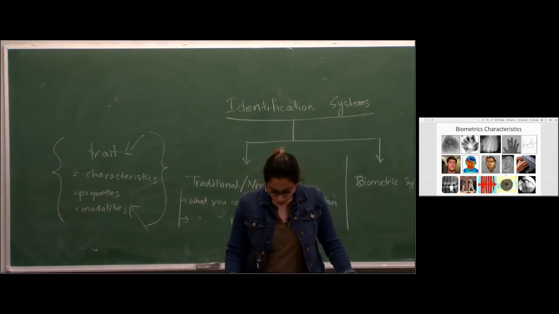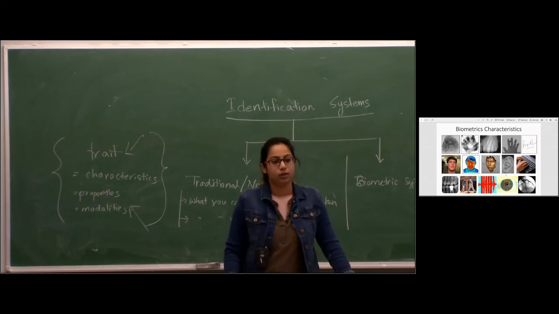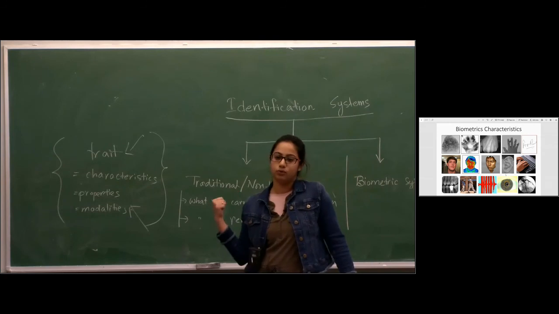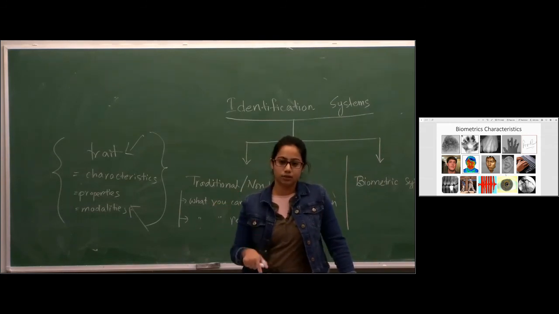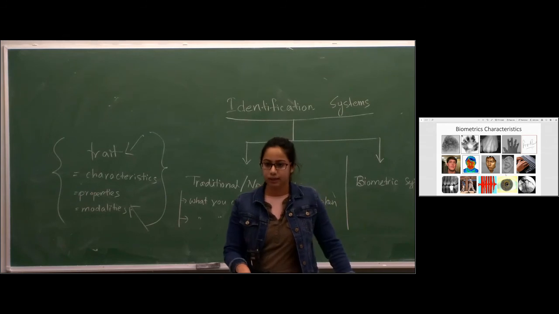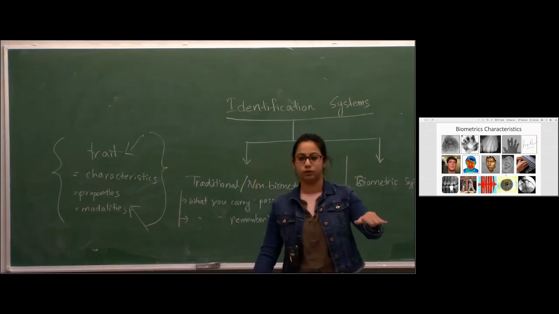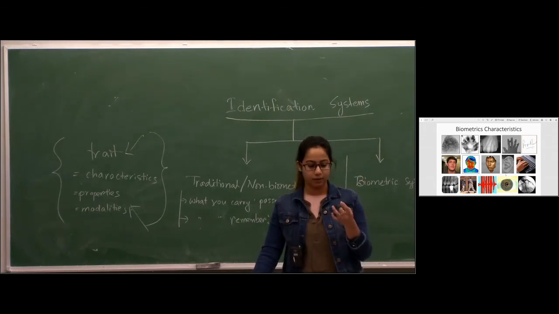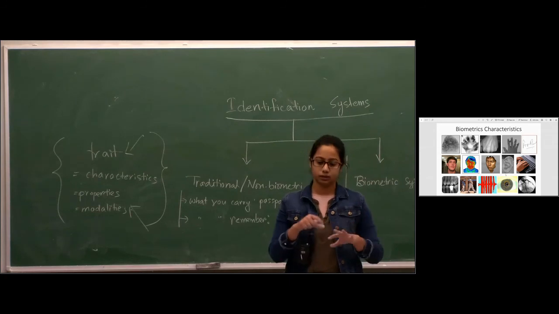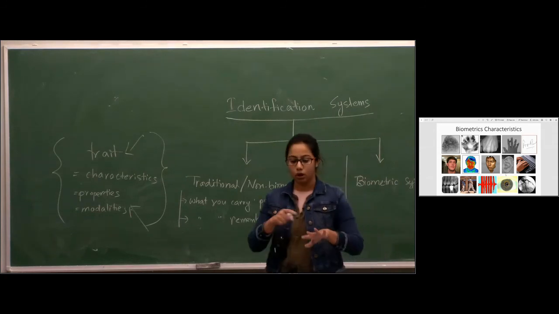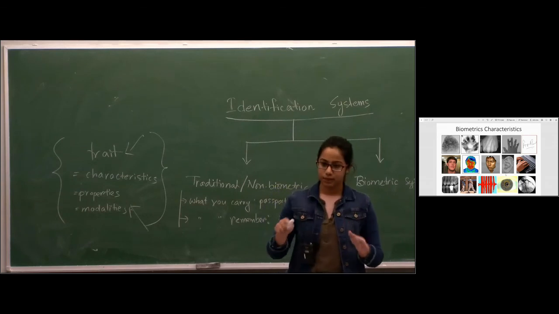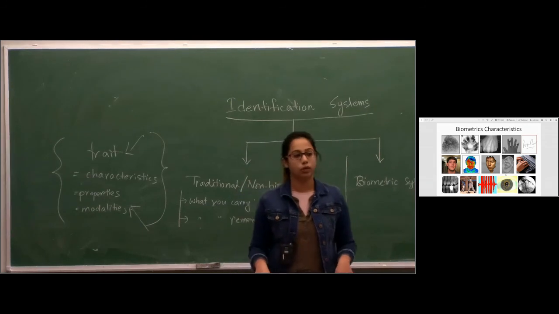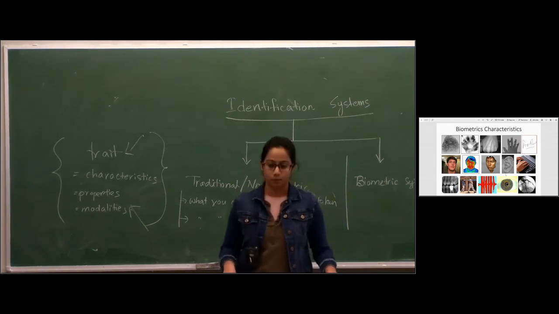Then comes the fourth one. It's called hand geometry. Does anybody go to the Rec Center? If you go there, you will see that they have this system. First you have to give your UFID, and then they ask you to place your hand on the system, and what the system does is it calculates the length and the width of your fingers, the distance between your two fingers, or which finger is longer than the other one. It basically grabs the patterns of your hand. So the hand pattern itself is a unique property for everybody, so this is also a biometric property.